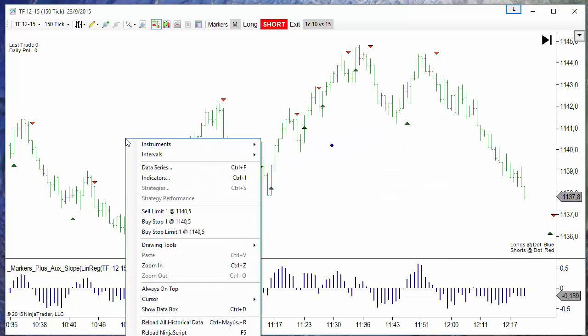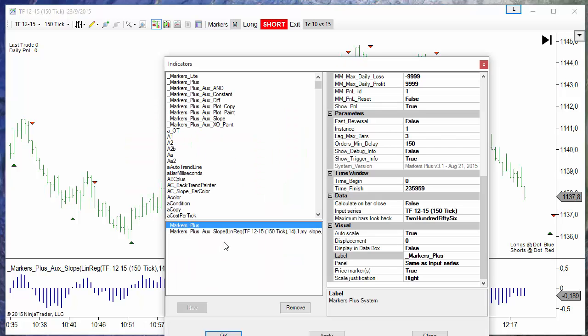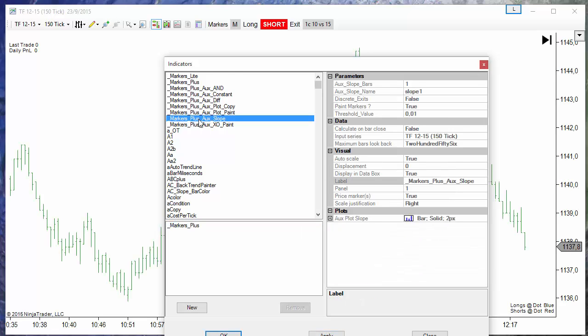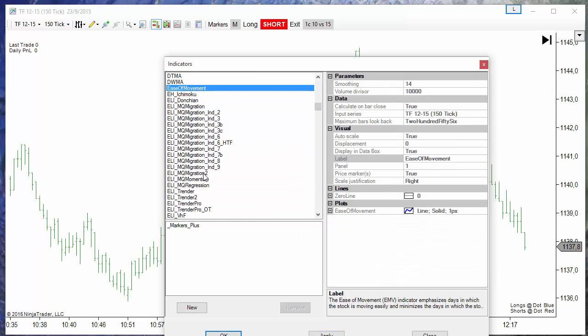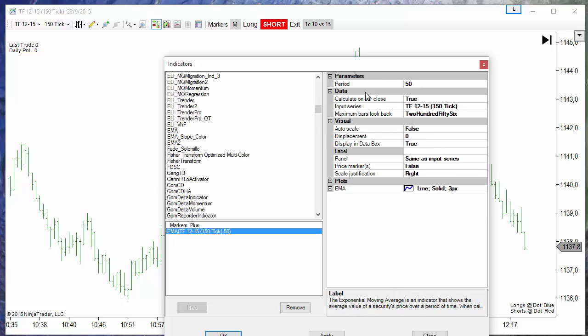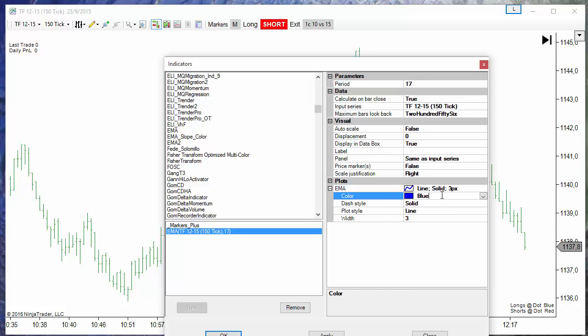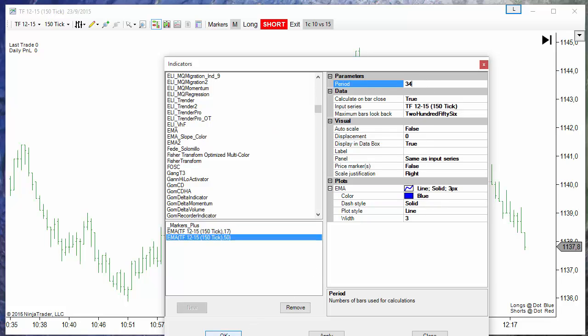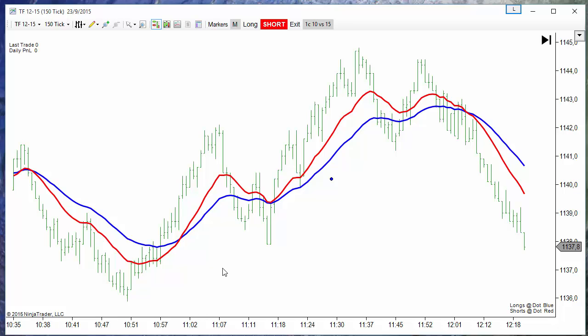So for example, if you have two moving averages, one of 17 in color red and one of 34 in color blue, and want to enter long here and short here,